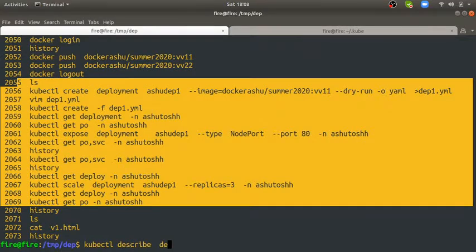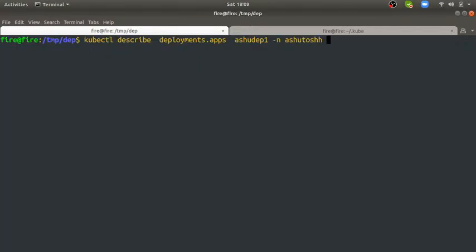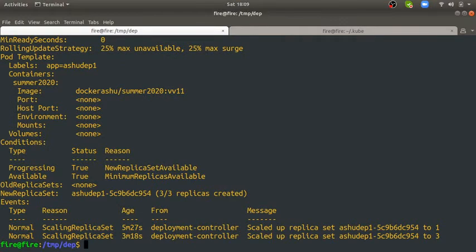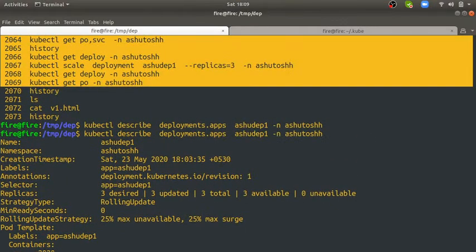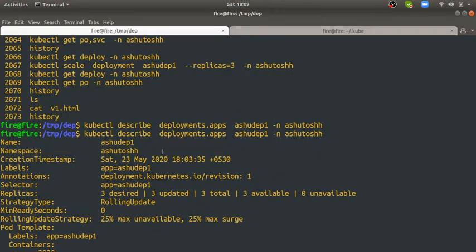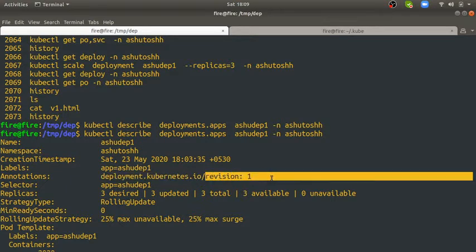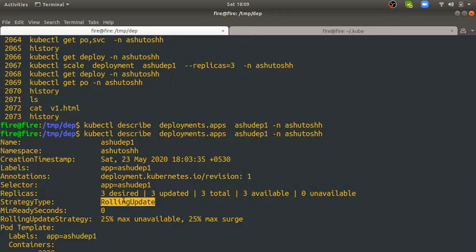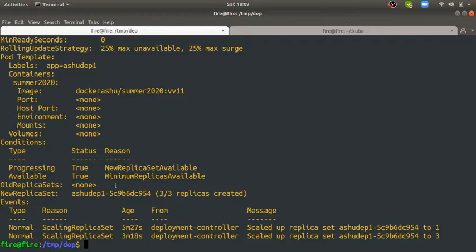kubectl describe deployment Ashutoshh dep1 under my namespace. So if I use the describe command and go up, see, first of all the namespace is this, label is this, and what about the revision number? Revision number 1 means yes, as of now this is the first version of the application. And what is the strategy type? It's rolling updates. Okay, now what is my Docker image? v1. What is my container name? Summer 2020. See,